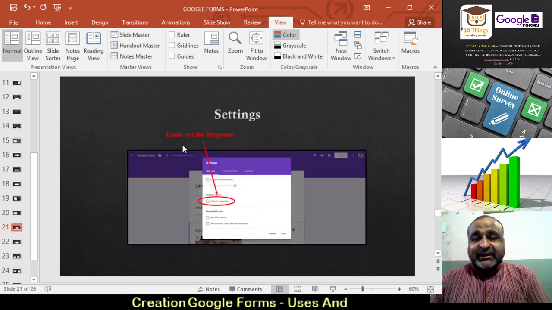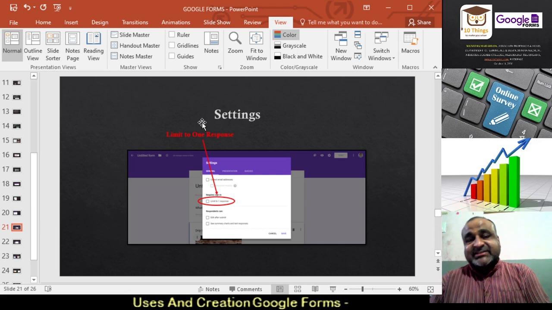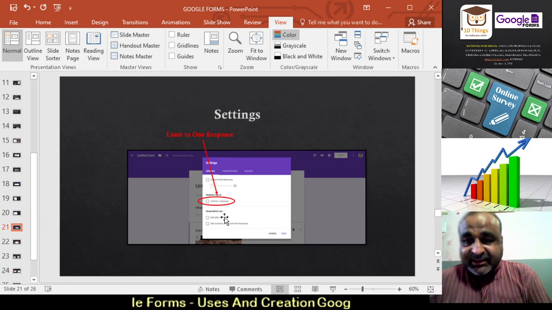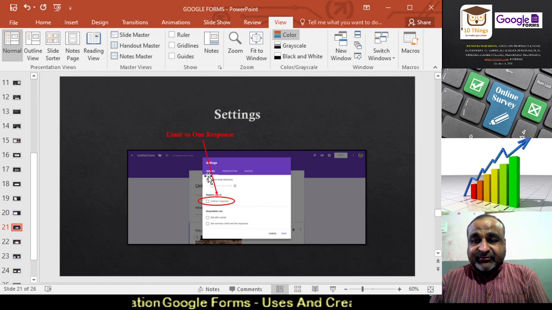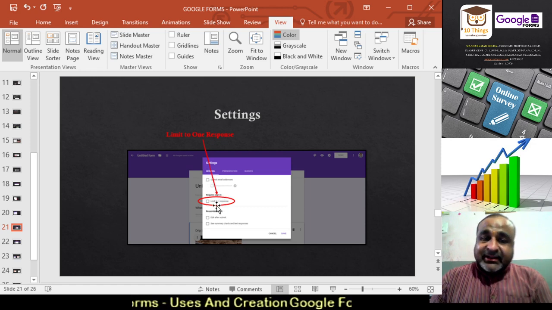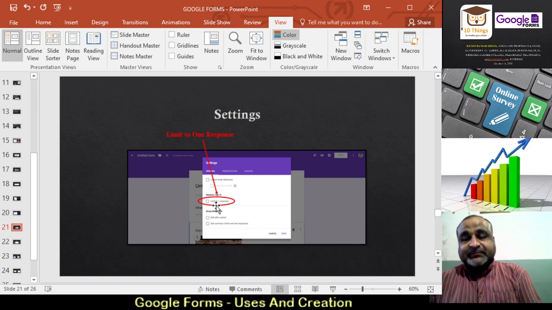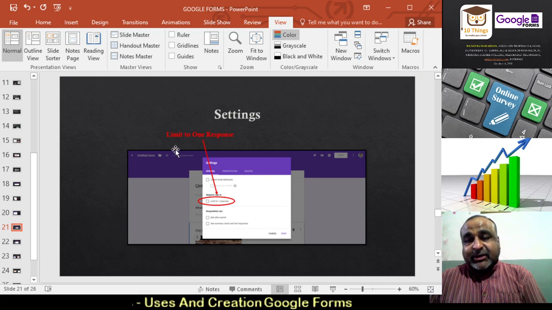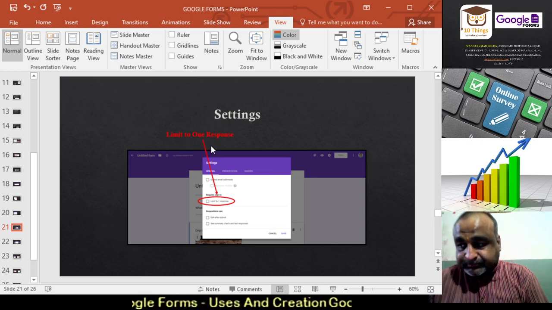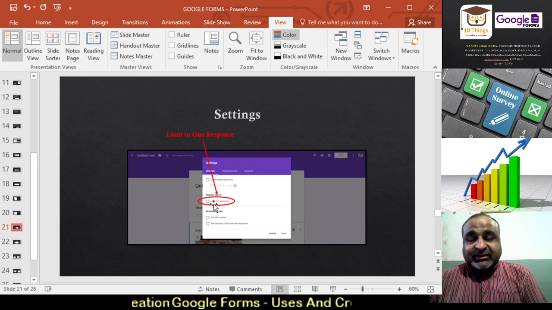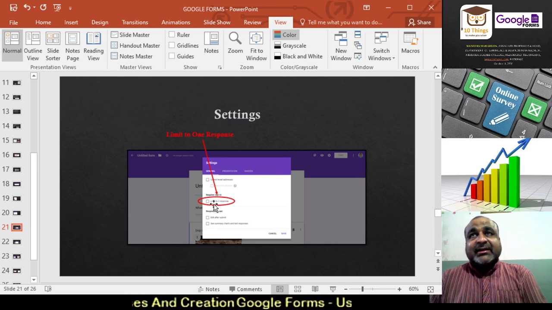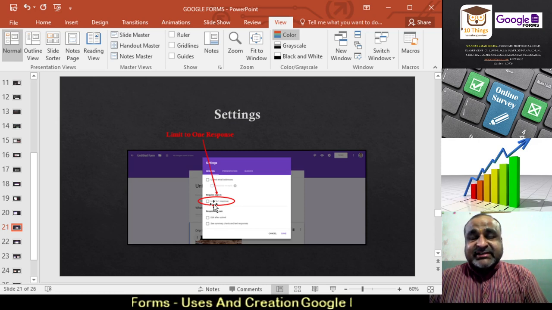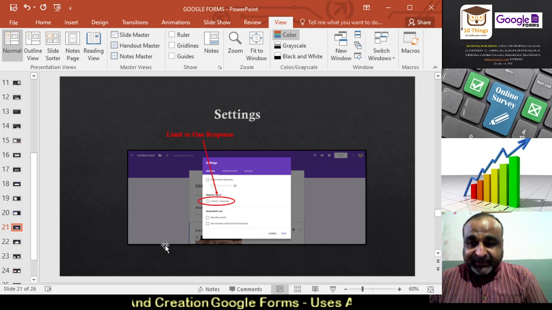Then we'll be having an option called settings. At the right top corner you will be having settings, where you'll be having first the general settings. First is email requirement, then how many times a respondent should respond to the form, whether one time or any number of times. So there is one option called limit to one response. If you don't click on this, what happens? A person can give responses n number of times, where duplication increases. So we have to keep that in mind.